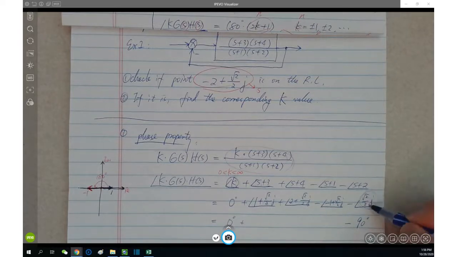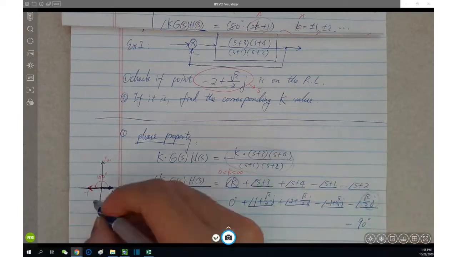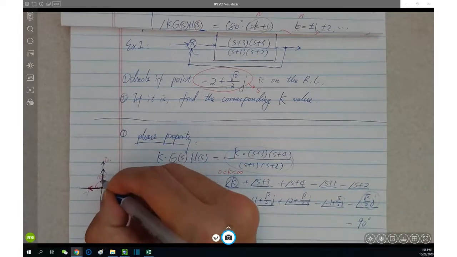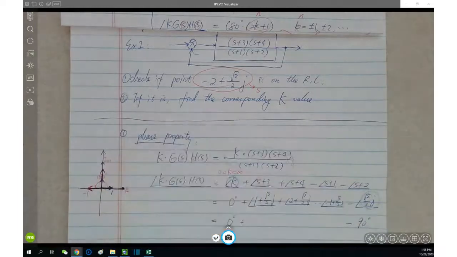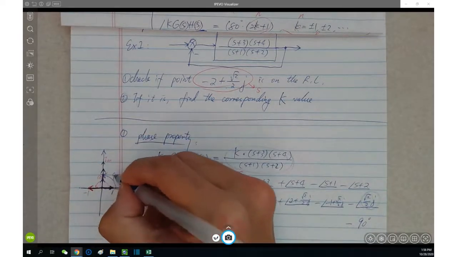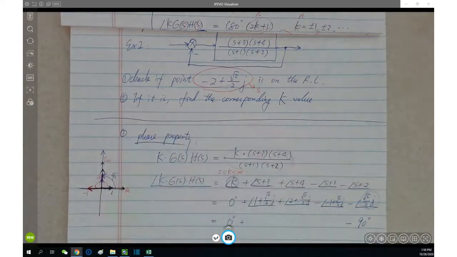Again, it doesn't matter what is the magnitude. This is a purely positive imaginary number. It's along here. It might be this long, might be this long, might be this long. It doesn't matter what's the magnitude. Okay. Magnitude is square root 2 divided by 2. However, its phase angle is from here to here, right? Which is 90 degree. So you need to differentiate the magnitude and phase angle. They're independent to each other. Okay. So 0 and the negative 90